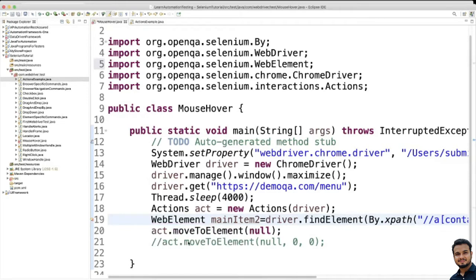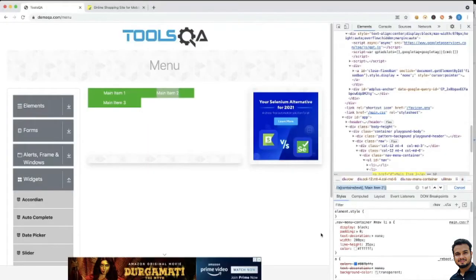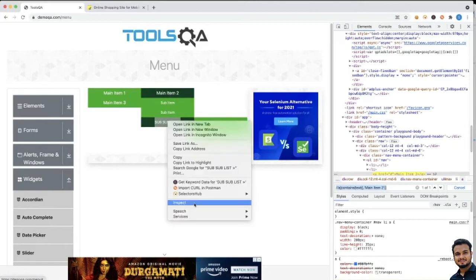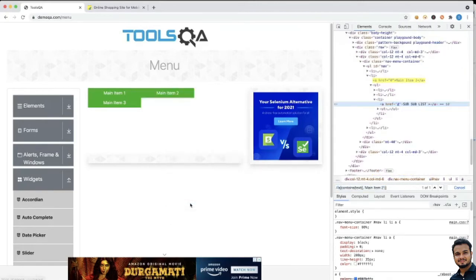Okay, and what you need to do now, you need to pass this main item here. So you will be able to do a mouse over on this. Once you mouse over here, then you need to again do a mouse over on this, right? So again you need to identify this. So what is the text here? Just copy the text and we'll paste it here,